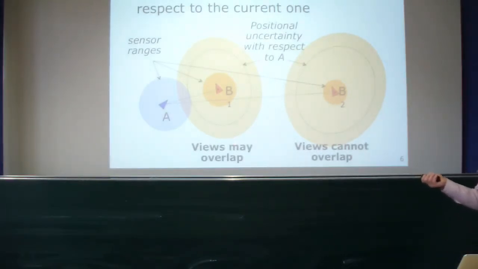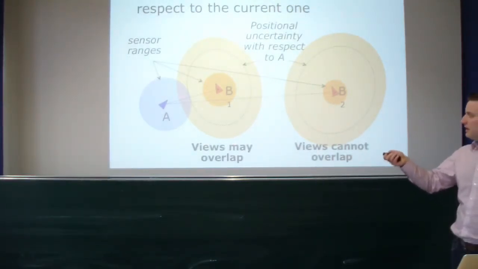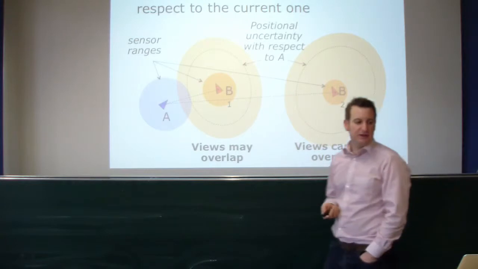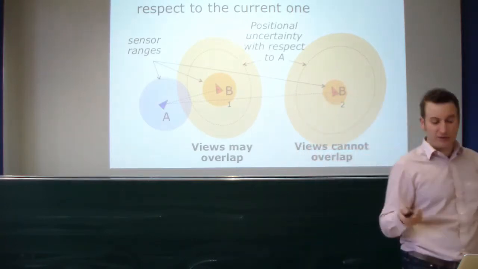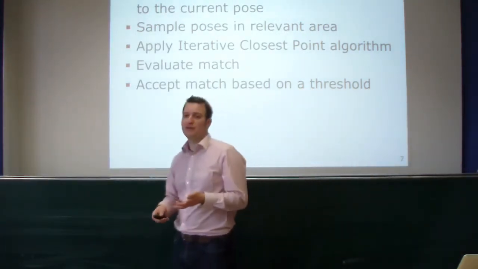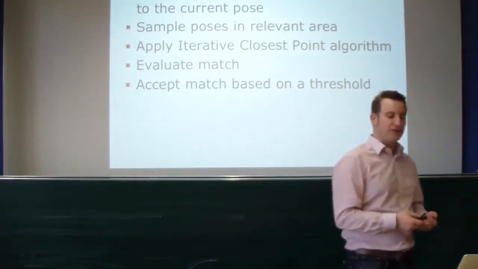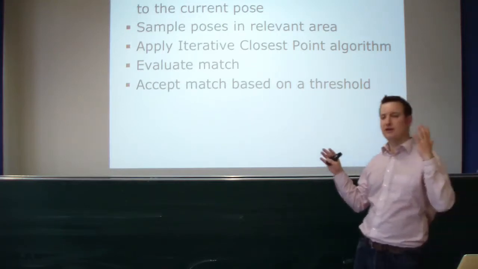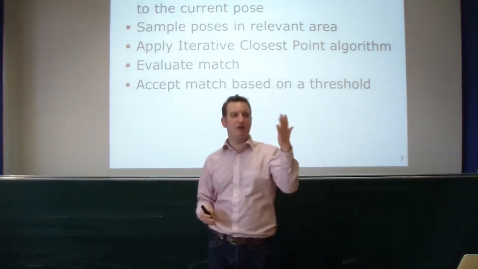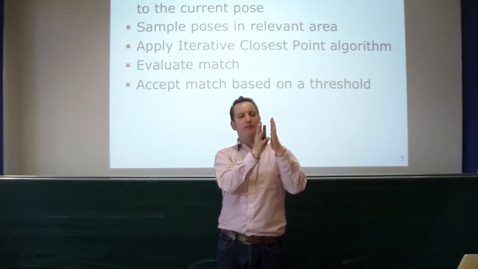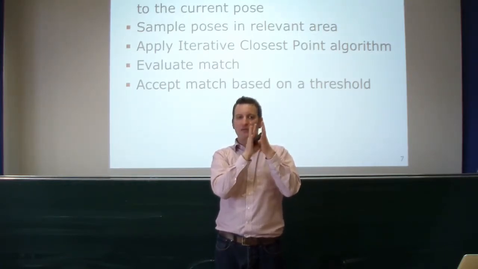Okay, so what we actually have is these views may overlap, so you may match A and B, but it's very likely that they can overlap, and you typically discard them. And one way for actually computing those matches, at least if you work with range data, is to use something which is known as ICP, or iterative closest point. This is one way of performing scan matching. What you typically have to do for that, you need an initial guess. You say, I record a scan here and I record another scan here, and they're likely to overlap. And then you do error minimization on minimizing the distance of the endpoints of your laser